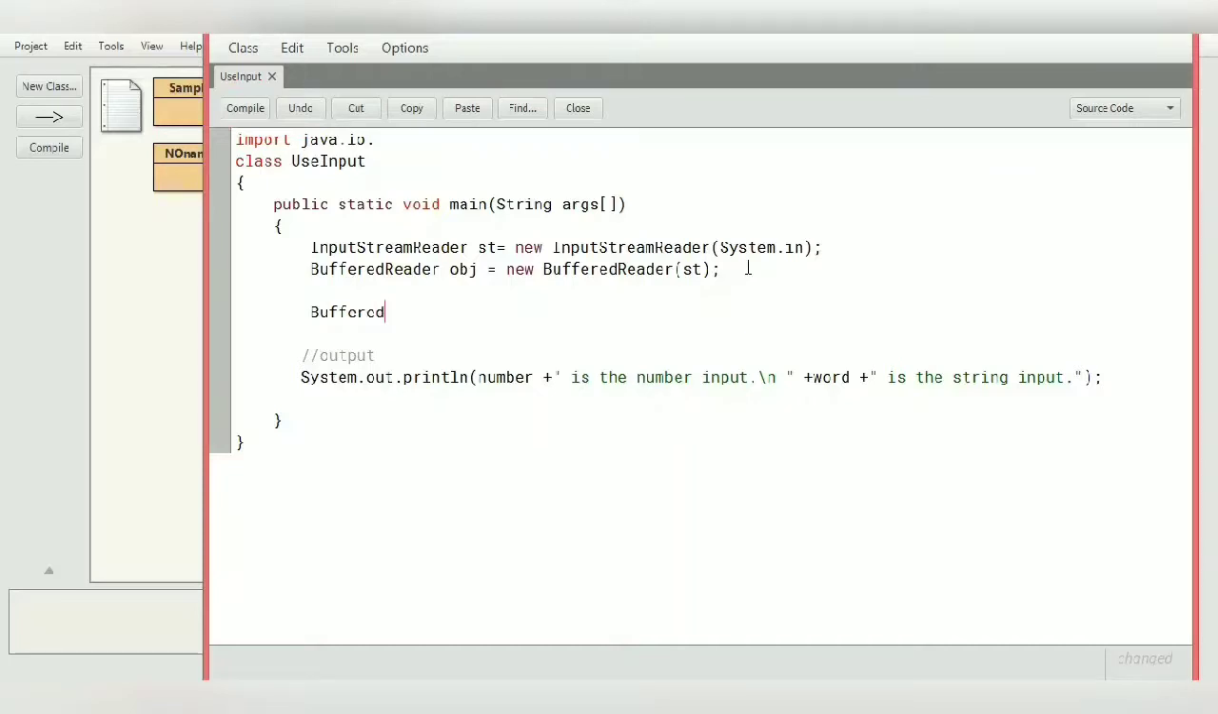BufferedReader, here the object is obj, is equal to new BufferedReader. Now inside the bracket we are going to put the object of the InputStreamReader. That is what we have done over here. We have taken the object. So rather than writing it in two steps, we are going to create the object directly over here